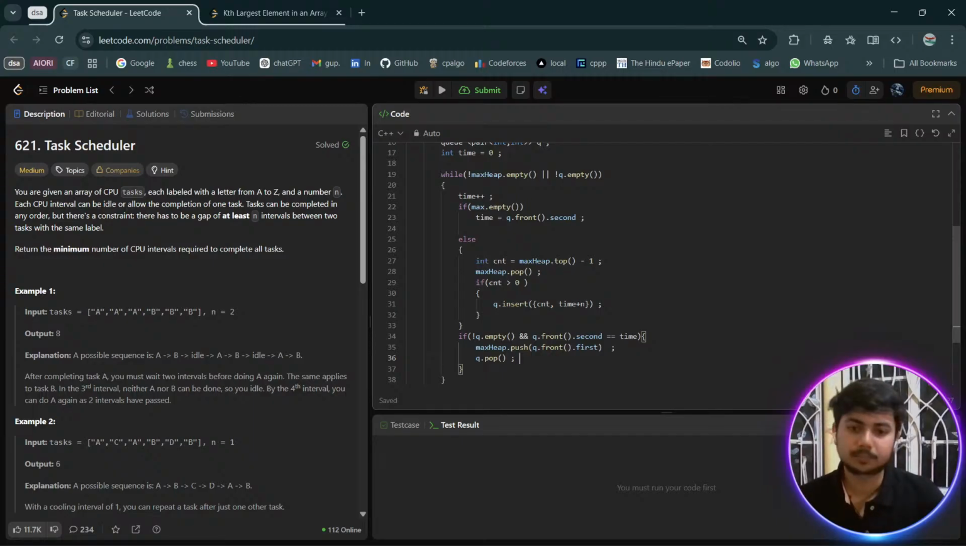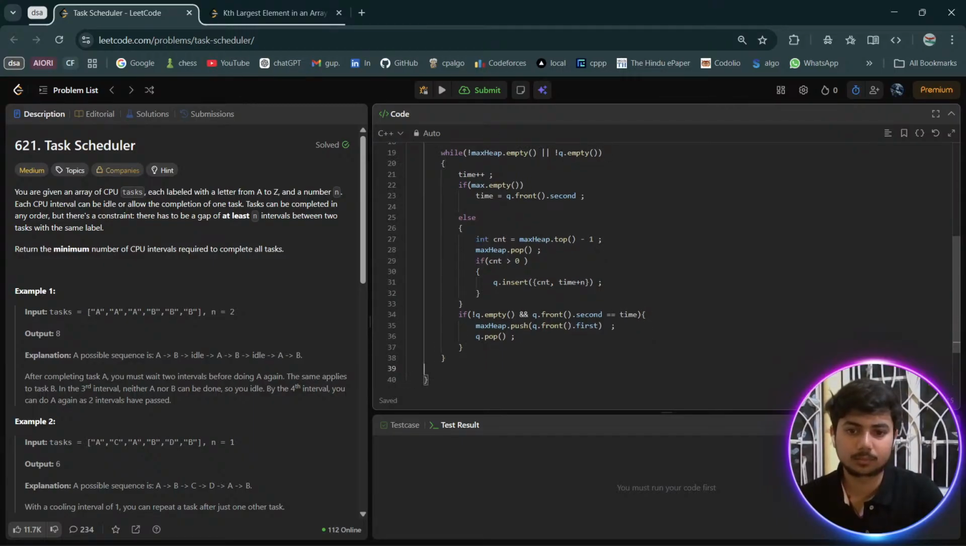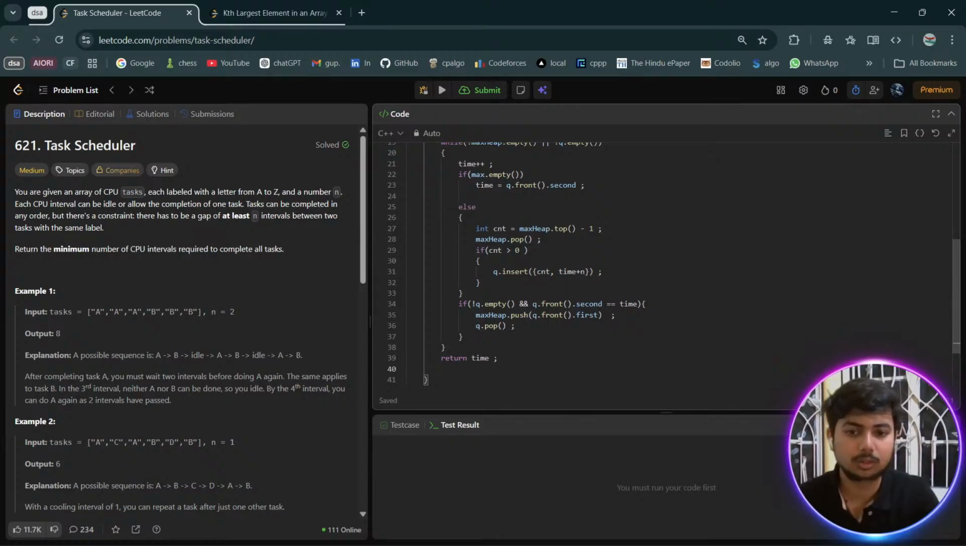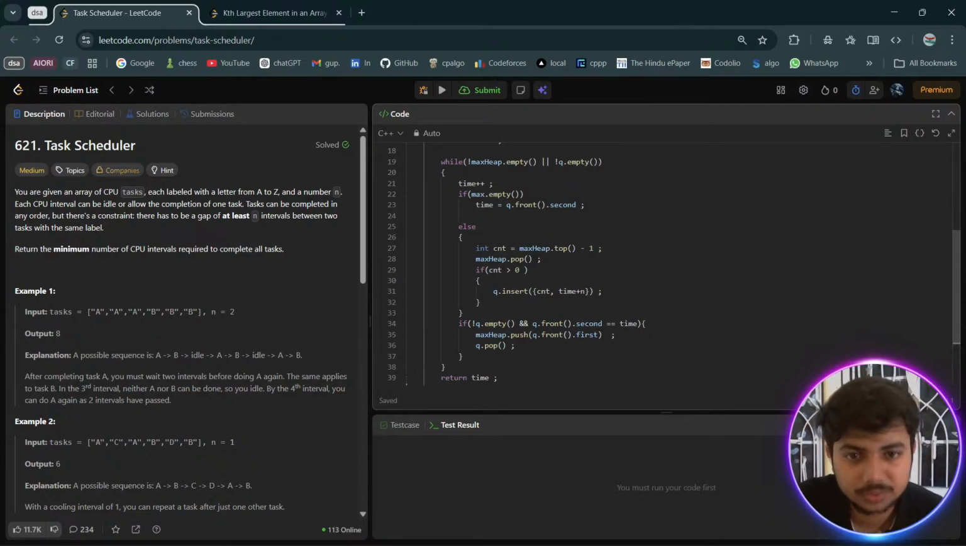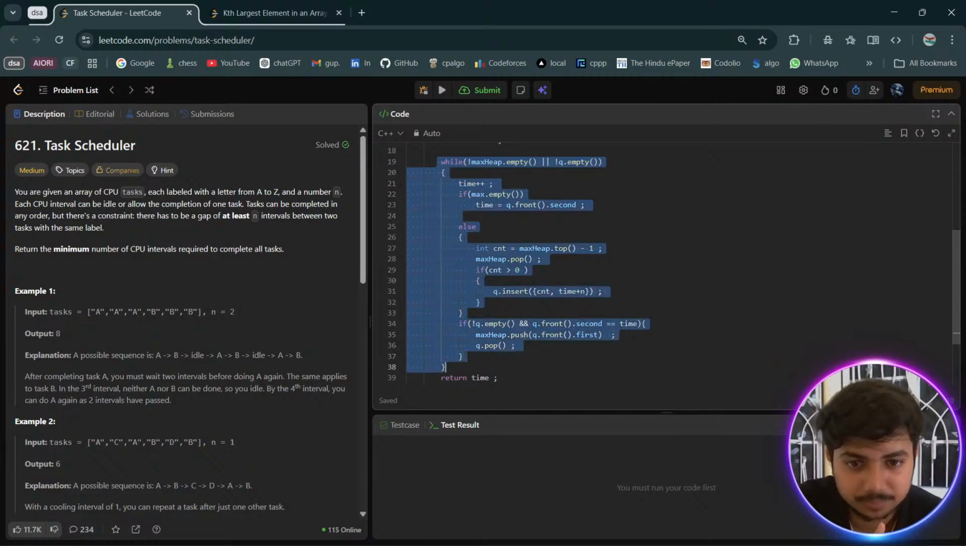ओके, and then you finally return the time। सिर्फ ये वाला पार्ट को देखो एक बारी, you'll get to understand what it says। ठीक है,